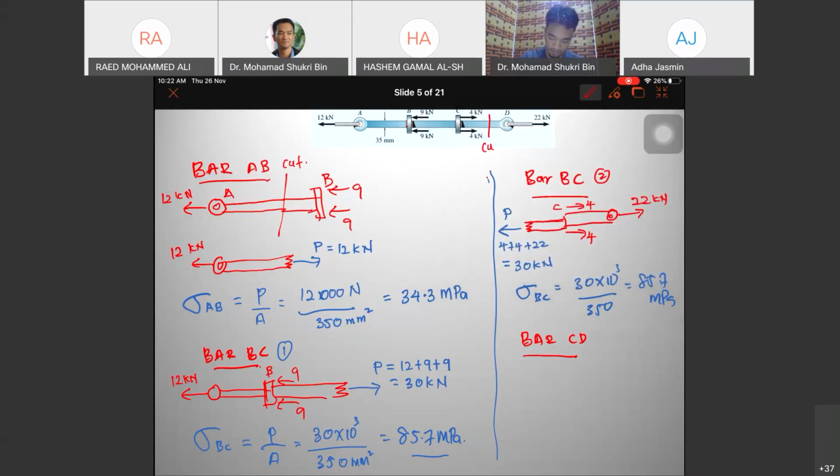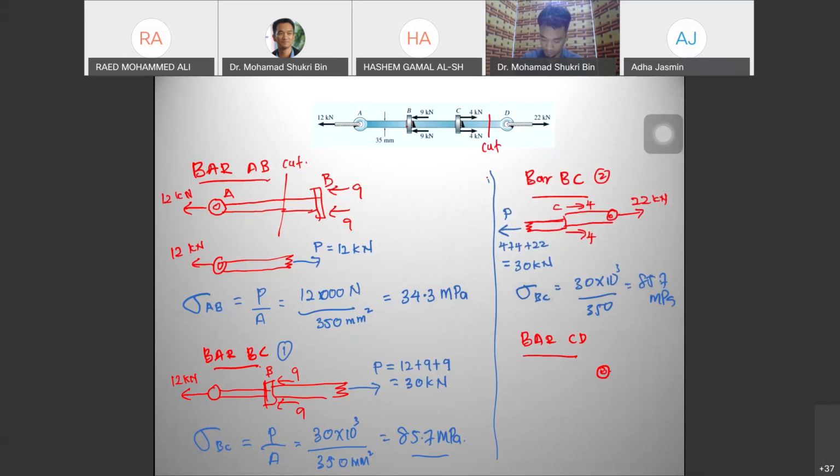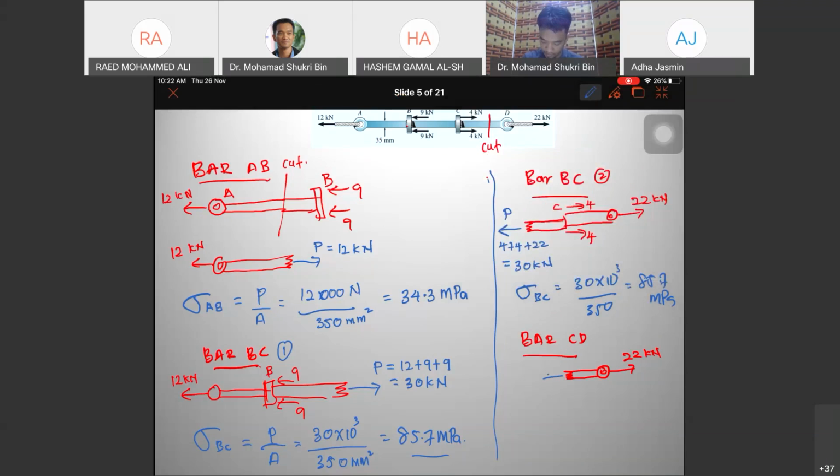Cut in here, so you are left with 22 kilonewton and the cut region here. So how much is P? P is 22, so it should be in equilibrium. So P is 22 kilonewton. So sigma CD is P over A,